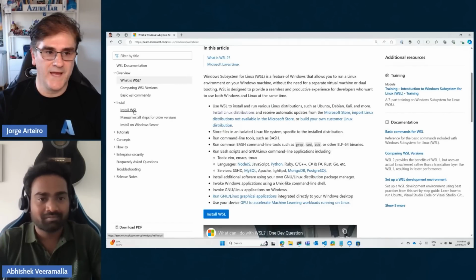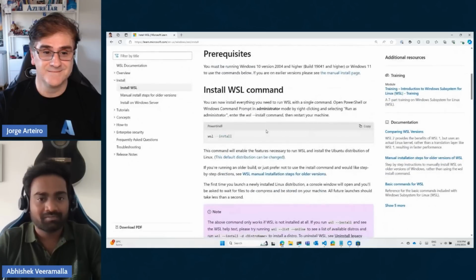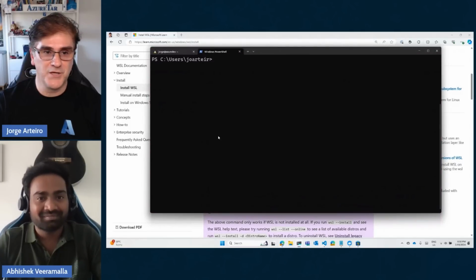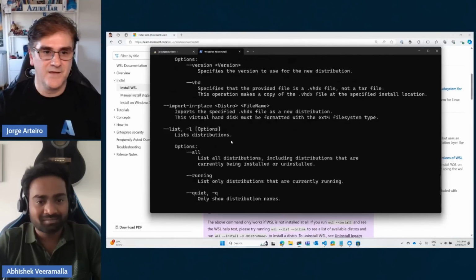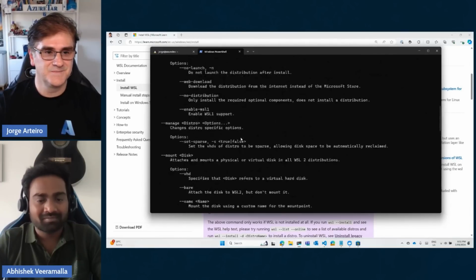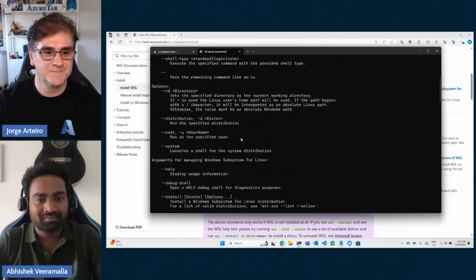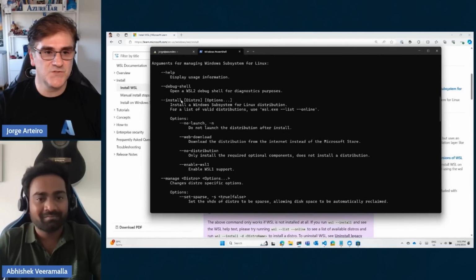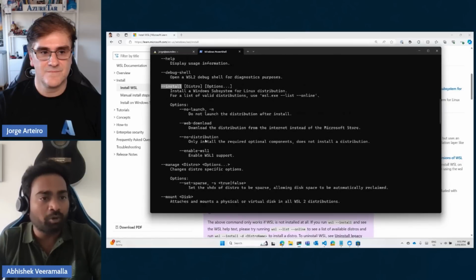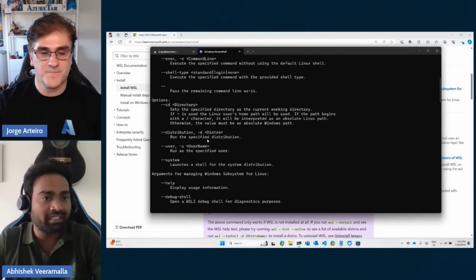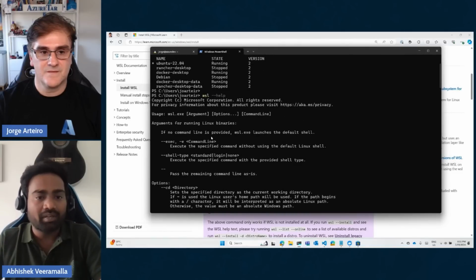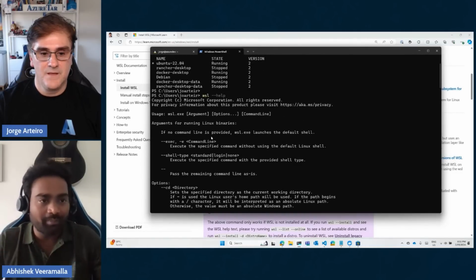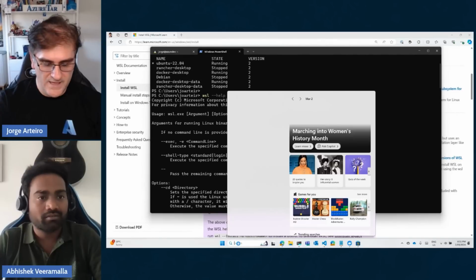You can even install it from the command line with wsl install. If I go to PowerShell and type wsl, and do help, you have a few commands there on WSL, and there is an install command. So is WSL out of the box? Can I just open PowerShell and type wsl --help without any prerequisites? Yeah, WSL normally comes installed, but